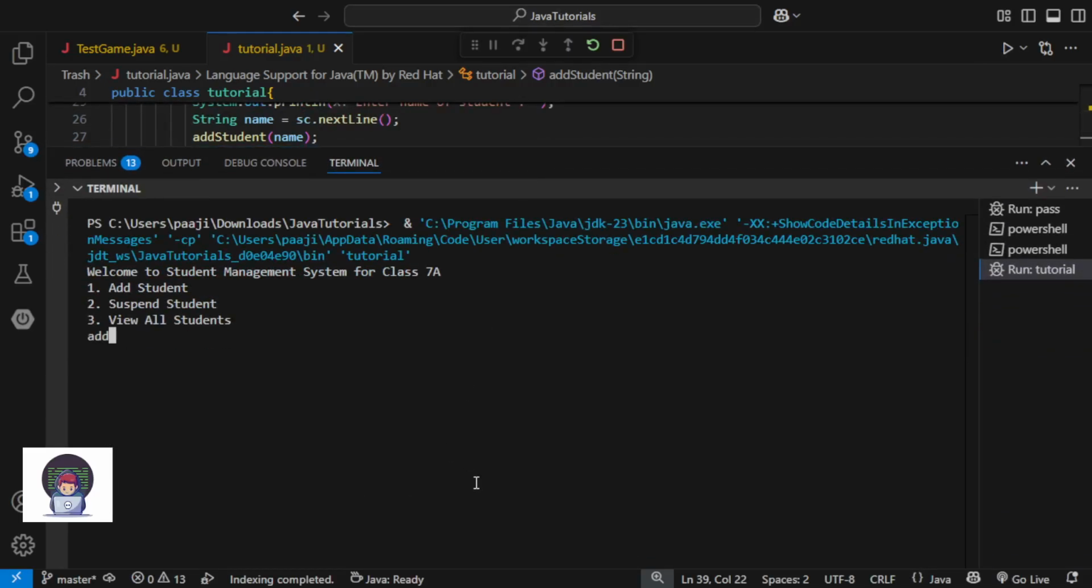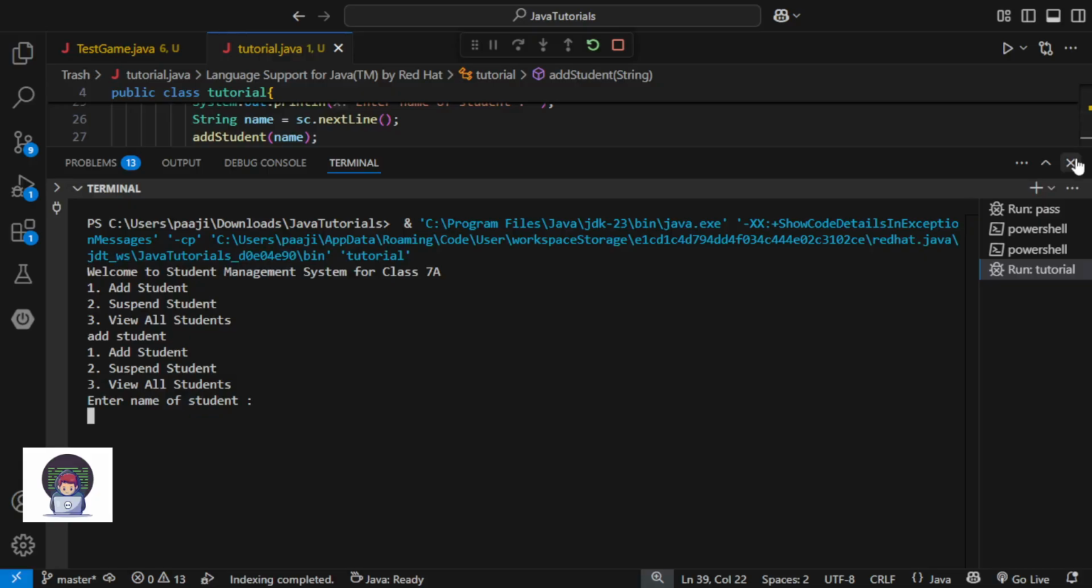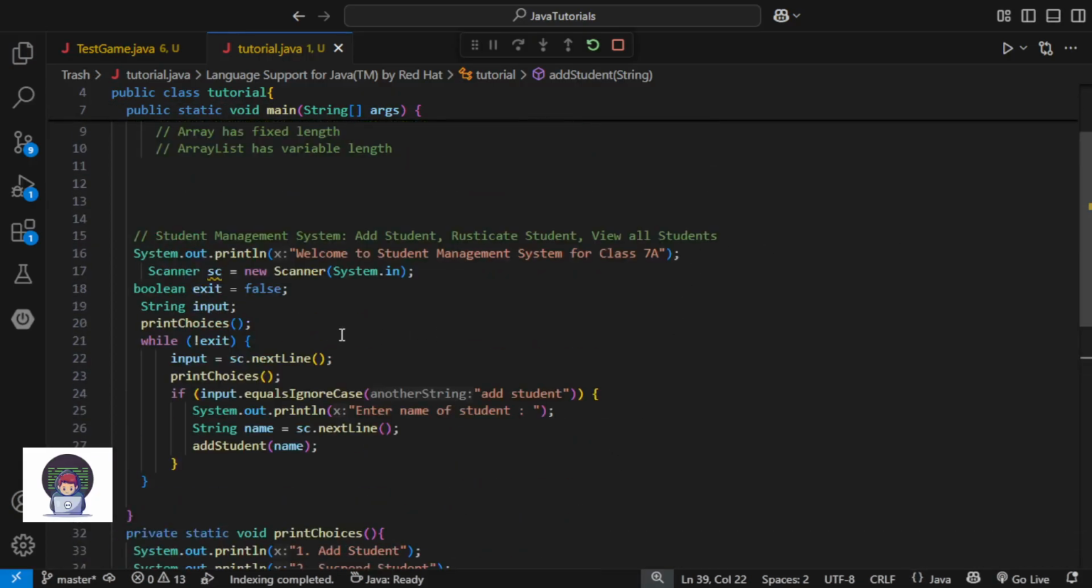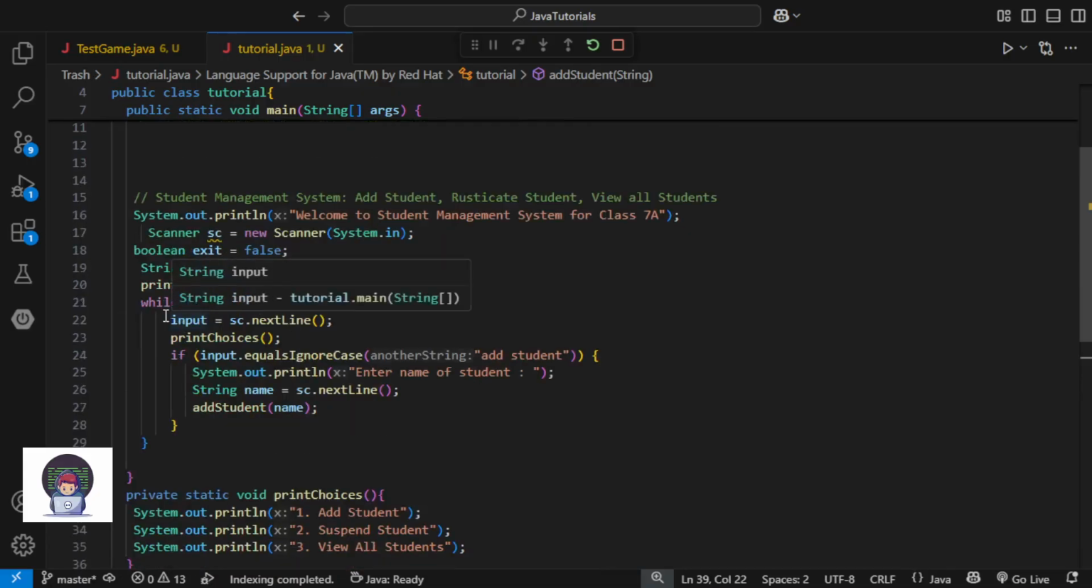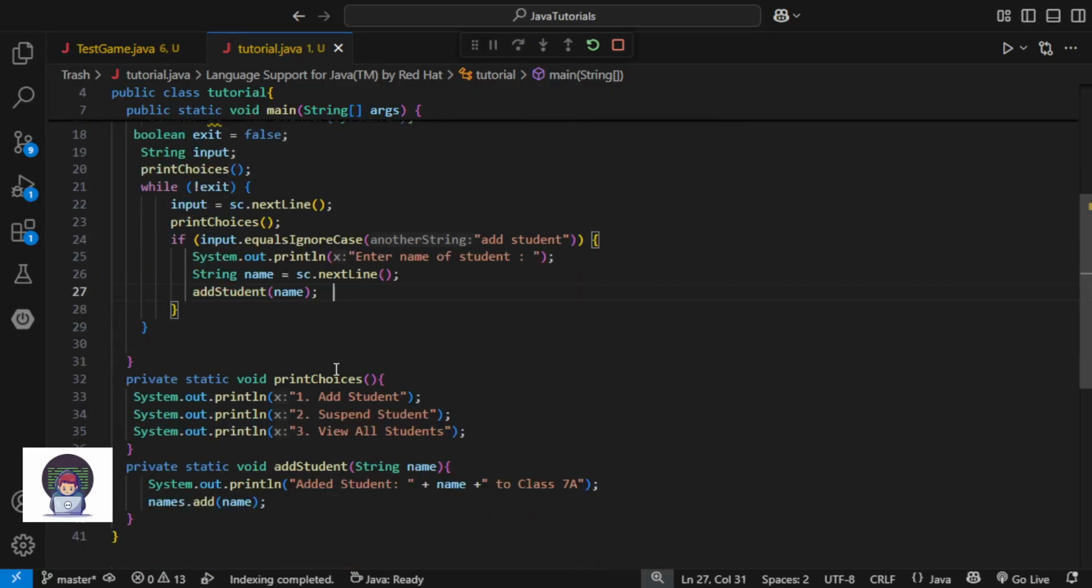Let's say I want to add student. Now you see the thing is here. When I press add student, it does this. See, we don't want it to print choices when we press add student. Why is that happening? Let's see. First it takes input in the while loop, then prints choices. Then it just adds the